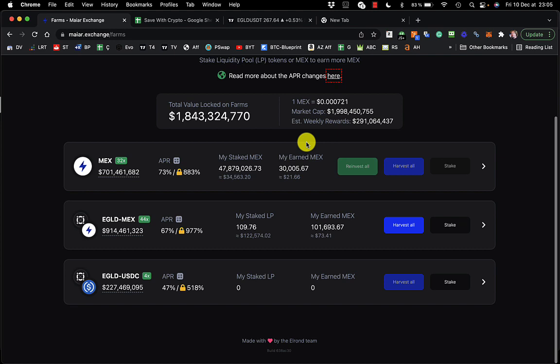Really, I mean, I've got fairly big bags here, but this is earning me about $2,000 a day. I'm not complaining at all. It's all really good. I started off with 365 EGLD and a chunk of airdropped MEX that I got as well. That was worth about $3,000 or something like that. So it came to about